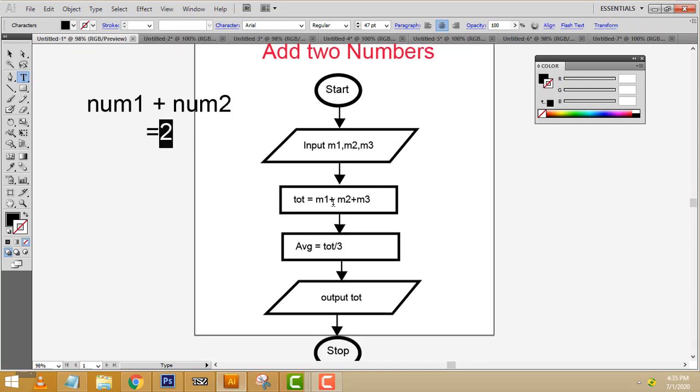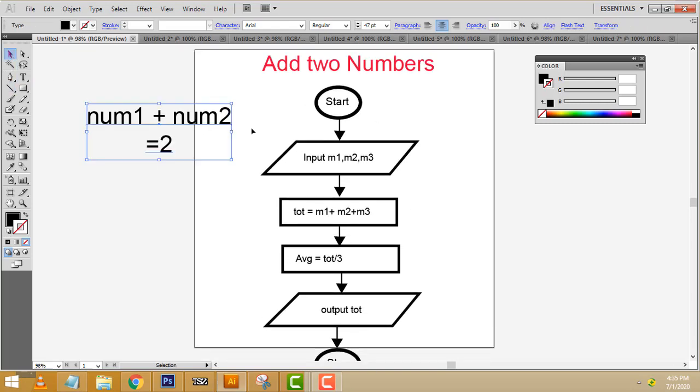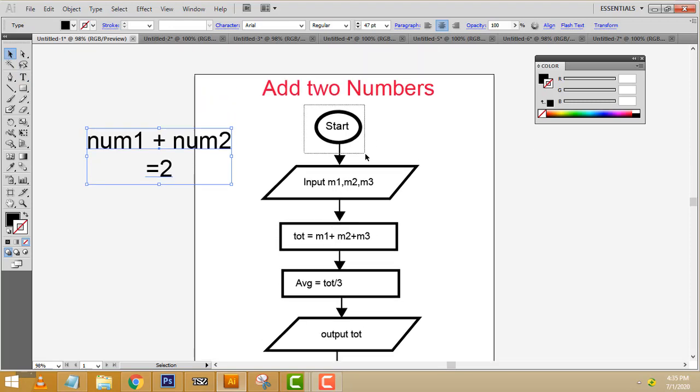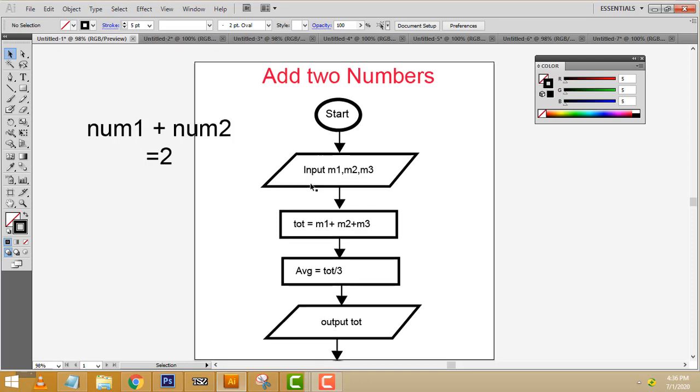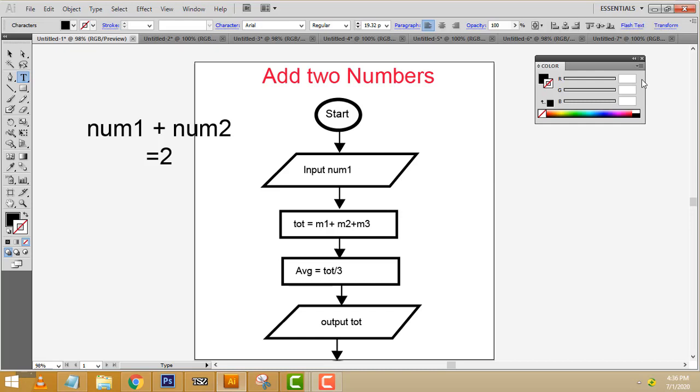The same thing, how does it flow in the flowchart? So the flow works in the flowchart like this. First I am going to start the flowchart. The starting symbol is this. After that, this should be the input. This symbol represents input. Here I am going to enter num1 comma num2. I am going to enter two numbers, num1 and num2.